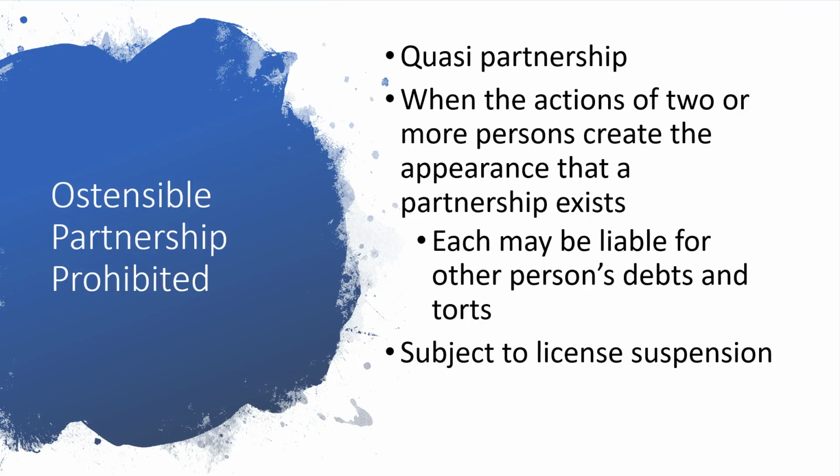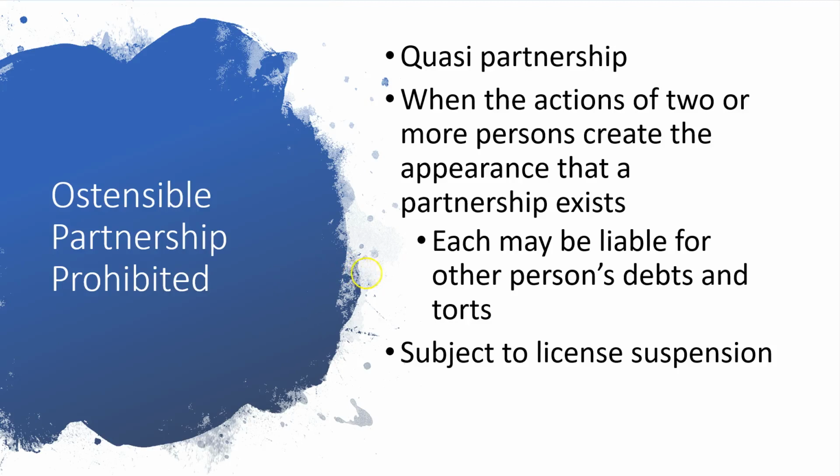Ostensible partnerships are prohibited. This means when it looks like you may be working with someone else as a partnership but you're not, then you could get into trouble. This is called a quasi-partnership. When the actions of two or more persons create an appearance that a partnership exists, each may end up being liable for each other person's debts and torts according to a judge,